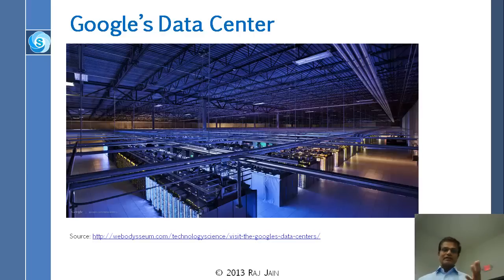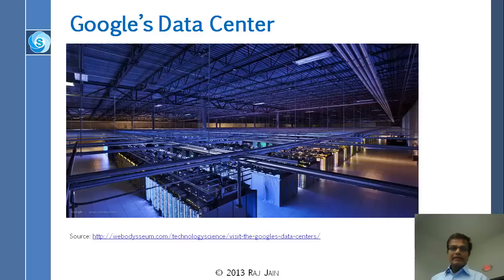So here's how the data center looks. Interesting thing to see is that there is a lot of wiring. I think you guys can see it better than I can see from here on the screen. These trays are the ones that are carrying all the wiring, all the cabling. And then there are computers below. This might be one of the older designs, because I will show you some newer designs in a minute. But they are big rooms.